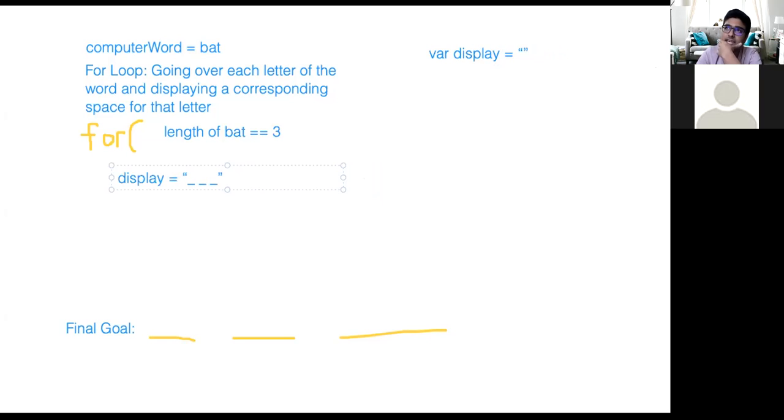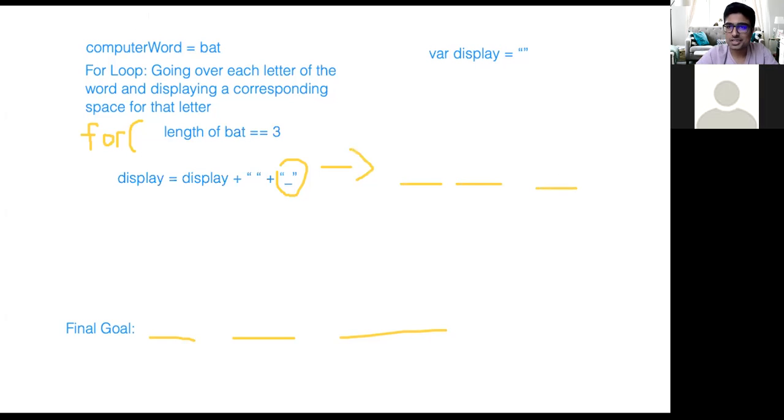So keeping that in mind, we're going to need to manipulate our display variable in a way which we can get it to have 3 separate underscores. We know that at the beginning of the game, the user has not made a guess. So that's our job, right? The way we're going to accomplish that, guys, is that our variable display is going to equal itself plus, a nice space would look nice, plus an underscore. And this underscore, remember, is going to be representing that space in our letters.